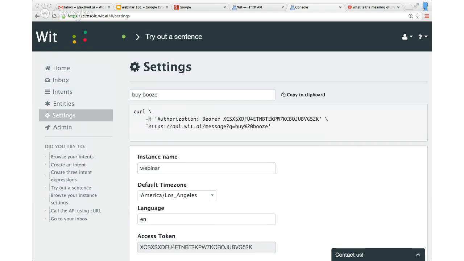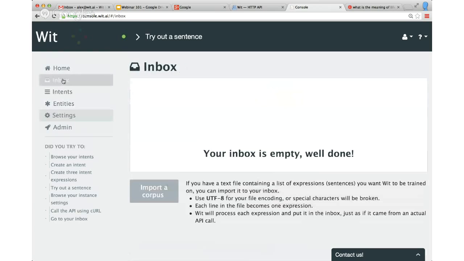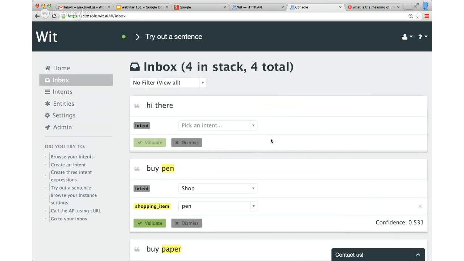So I did a few calls through the API to show you a very important feature, which is the inbox. So inbox is the main way to improve your virtual agent, your Wit instance, once it's in the real world, once you have actual API calls.